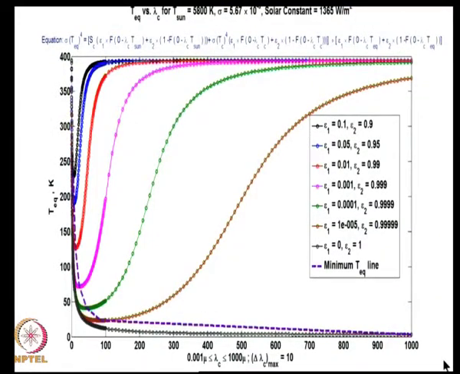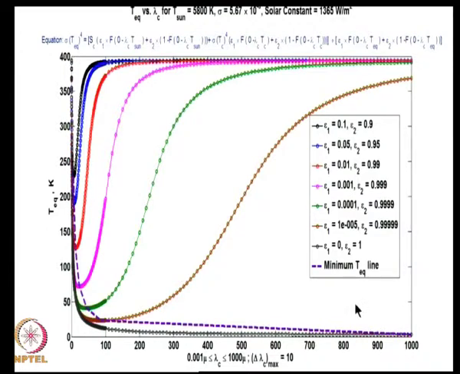This is the variation of the equilibrium temperature with the cutoff wavelength. Now, the cutoff wavelength is varied mostly from around 10-20 microns to 1000 micron, because you want to reduce the absorption of solar radiation in order to keep the surface cool. So, your cutoff wavelength has to be as high as is possible, and you can see that as the cutoff wavelength is increased from around 10 microns all the way to 1000 micron, the minimum temperature, which is the dotted line here, goes on decreasing and ultimately will reach 2.72 degrees Kelvin asymptotically.